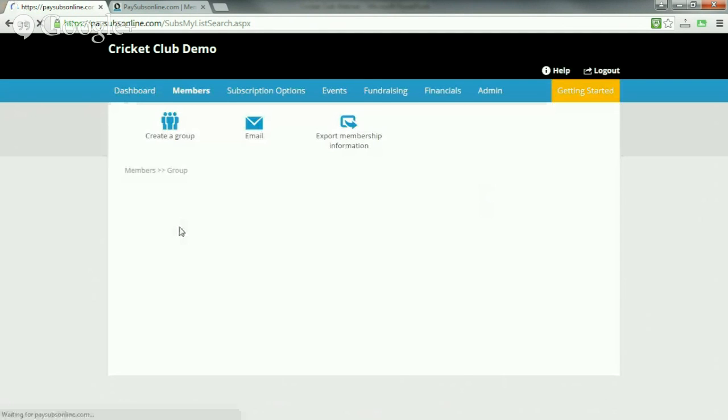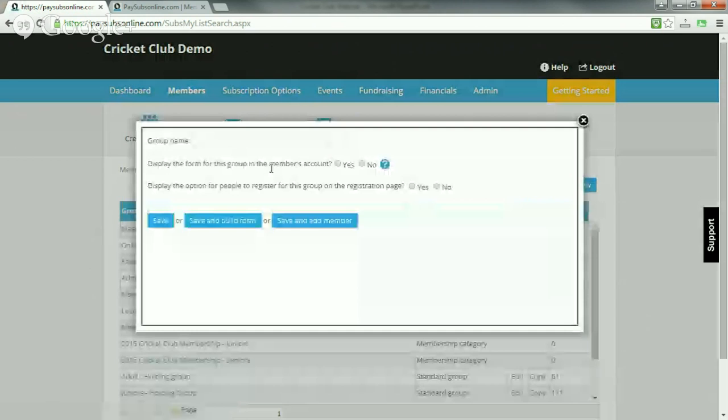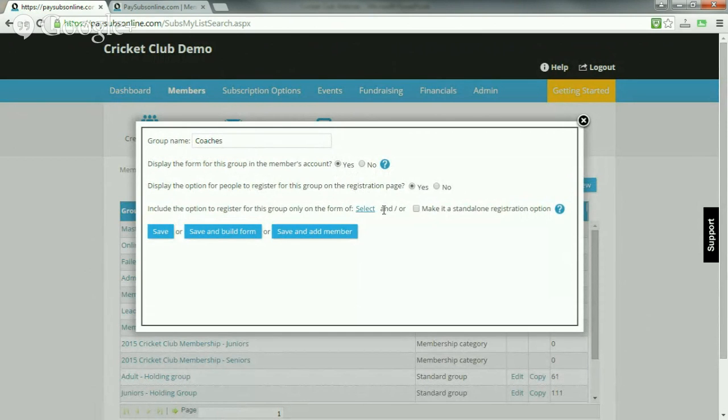Okay, so you can set up other groups as well, groups maybe for your coaches. Maybe you want to allow the coaches to view their information in the online account. Yeah, I think that's a good idea. Perhaps allow coaches to sign up. Maybe when you start using the system, we don't import everybody onto the system. We get everybody to register from scratch. So that might include coaches, so we can make that.